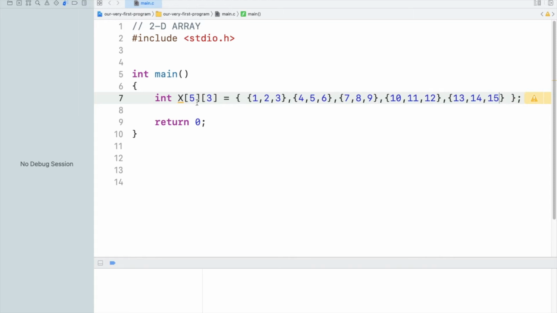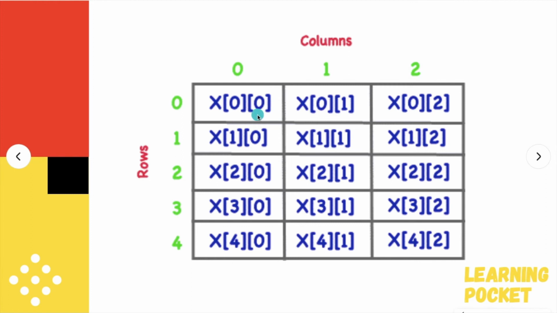Why is it 15? Because 5 times 3 is 15, and you can see in here how you would calculate the number of blocks. It is simple: number of rows multiplied by number of columns. And how are you going to calculate the size of this matrix or 2-dimensional array? That is also simple: number of elements times the size of each element.